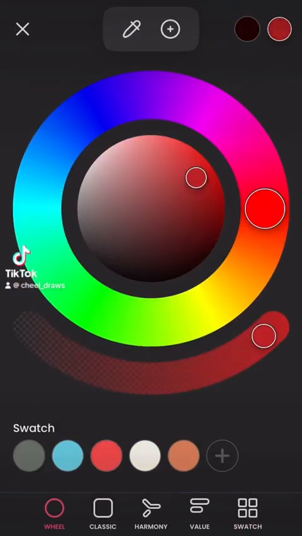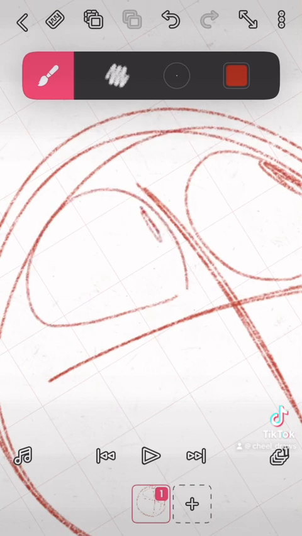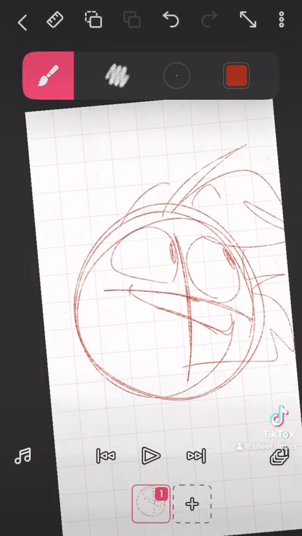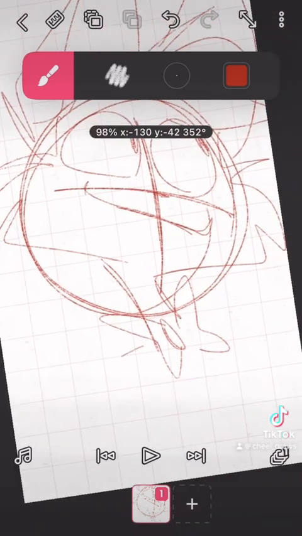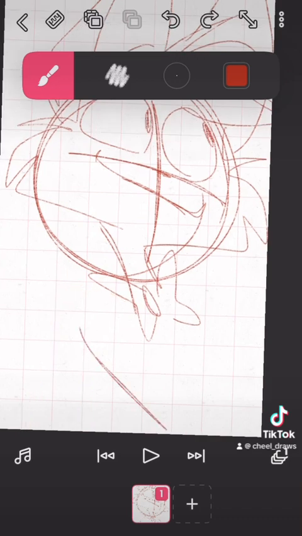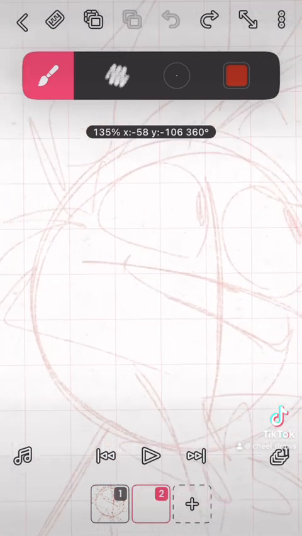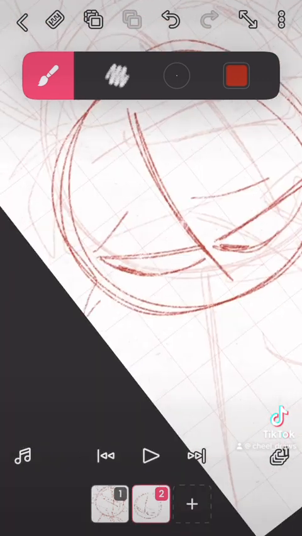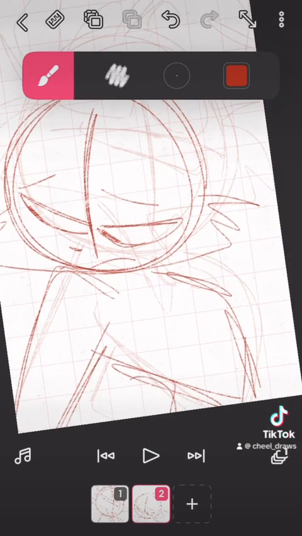I've gotten the question of how to animate, so here's how I animate. You start with a circle, and you basically draw your starting point and your finishing point. So I'm just going to start out this quick animation with Chill. My general idea would be from him going happy to sad, like a guilt. As you see, I'm drawing 2 frames right now, but the whole thing is 15 frames per